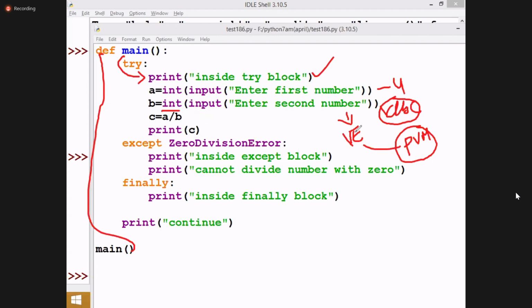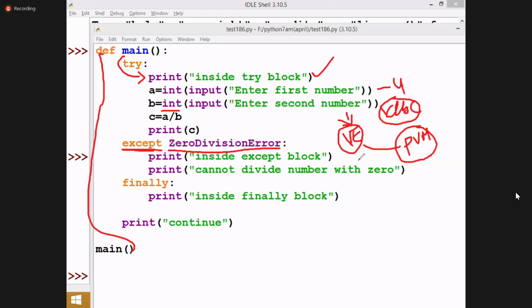ValueError. Is there any except block with ValueError? No. There is an except block with which error? ZeroDivisionError. It means ValueError is a handled error or an unhandled error?